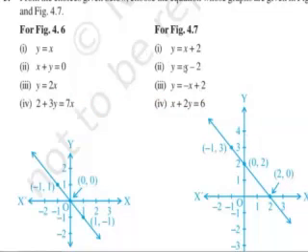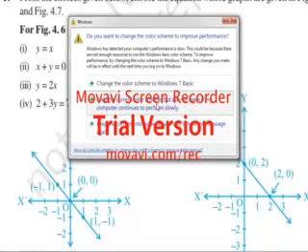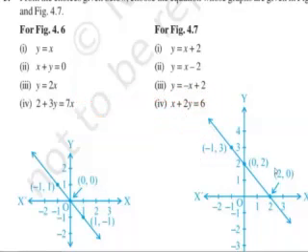In the same way, y is equal to x minus 2, that is also not there, because if you see over here this is 0 comma 2 and x minus 2 means 0 minus 2. Okay, 0 minus 2. So what will happen? It will come to minus 2, but it is plus 2. So this is not the equation. And if you see over here x plus 2y is equal to 6, of course it is not coming in any of these 3 points.